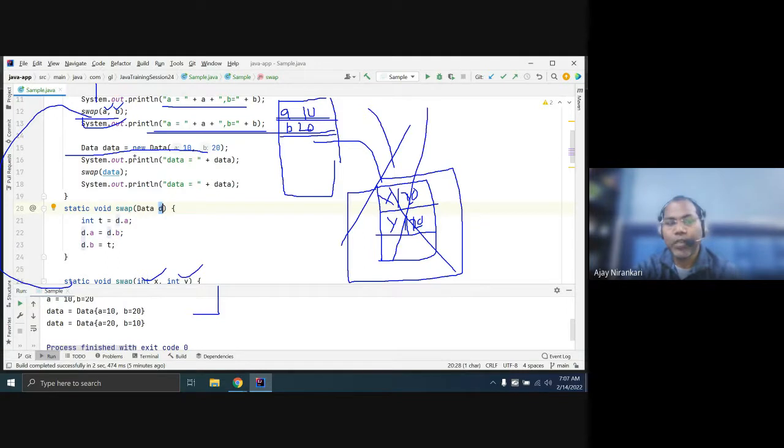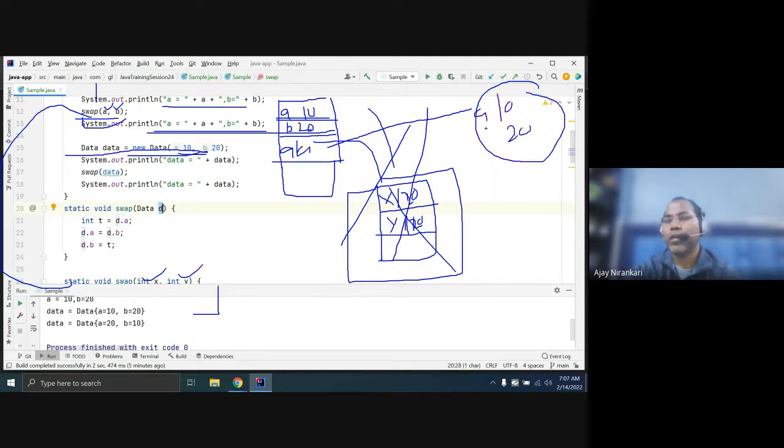But in the case of an object, whenever you create an object here, data does not hold the values 10 and 20. The data will be created in your heap memory. Here is your 10 and here is your 20, a and b. Whenever you call the swap method again, a new stack frame is created. But what do they copy here?